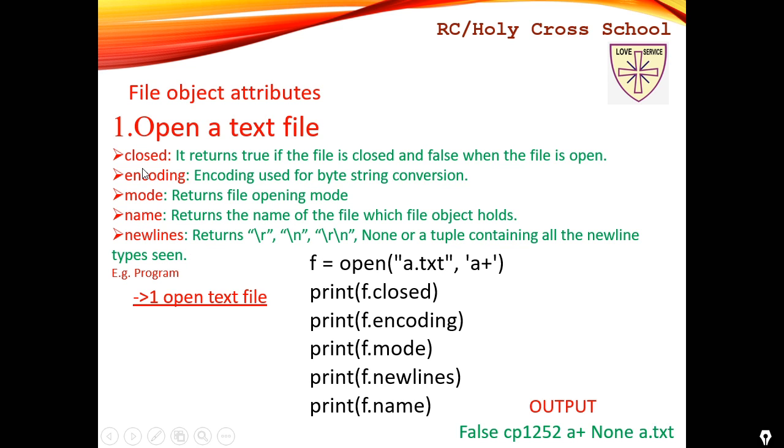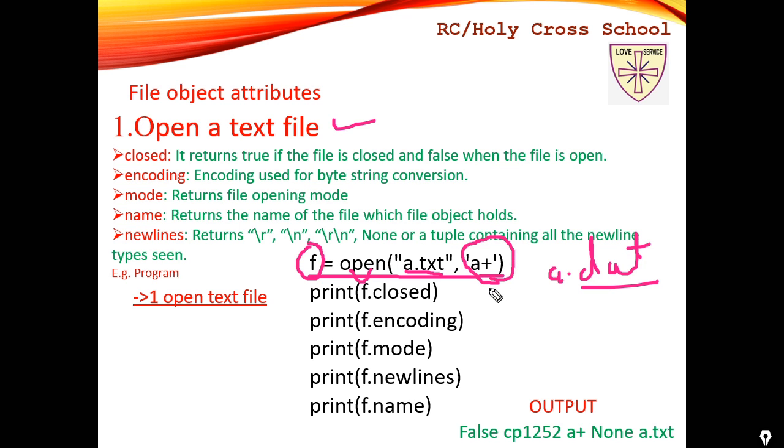We are going to have here how to open a file. Are you getting? So just check it out here. This one is your file variable. Open is your file handler. A.txt, txt is for text file, and you can write here. Suppose I'm going to write a.dat, this is your binary file. Okay, this a plus is what? Append plus. You can read, write at last, like that.